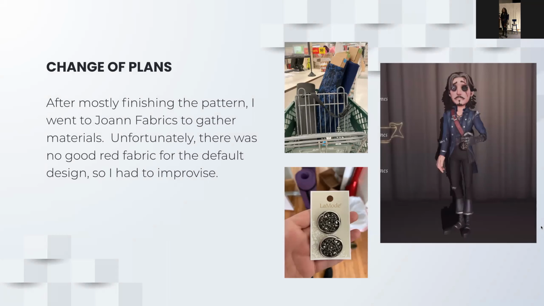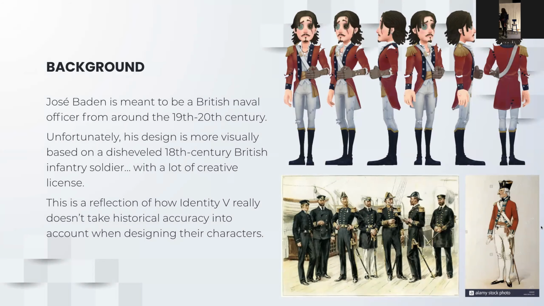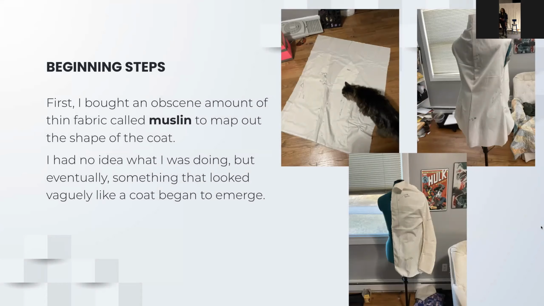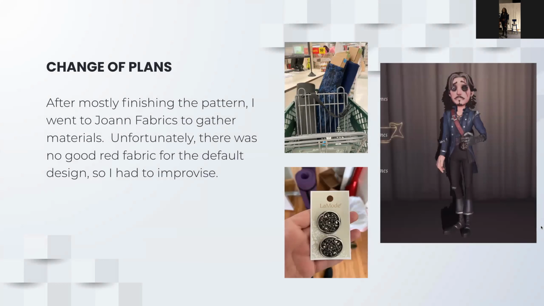After I was mostly done with the pattern, there were still a few things that I had to work out, but I was like, I need to get moving on this. So I went to Joann Fabrics and I bought some fabric. They didn't have any red, and in the original costume, you can obviously see that it's red. I couldn't find anything red. So I was like, all right, I need to just switch gears now. And so I switched to a different skin, a different color palette,